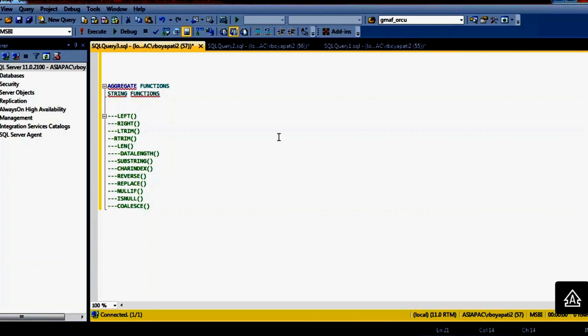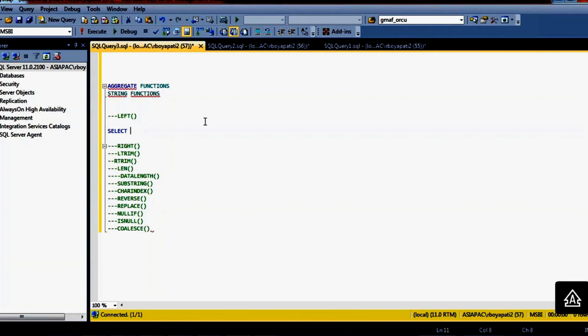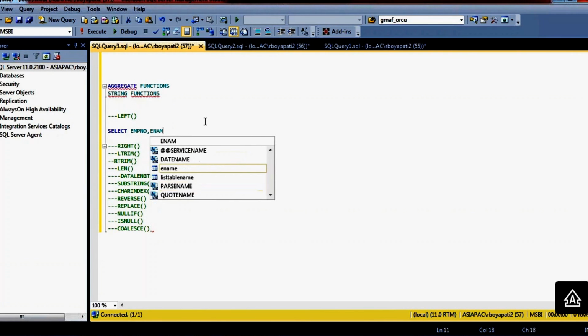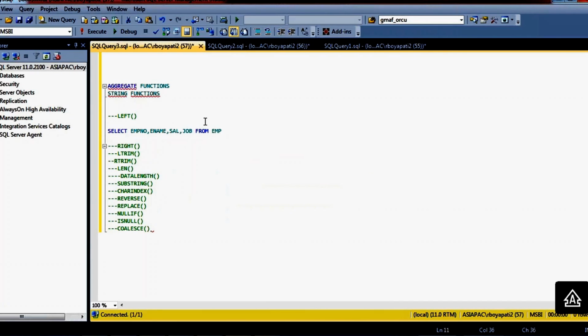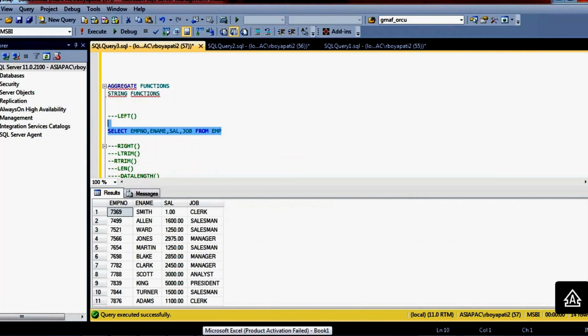String functions means all these functions we are going to apply mostly on the varchar and char data types. On strings, if you want to do any manipulations, for example, what will this left function do? I have a table: select employee number, employee name, salary, comma, job from EMP. In this employee name, for each employee, I am expecting the 2 characters from the left side.